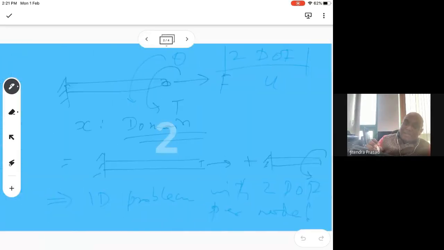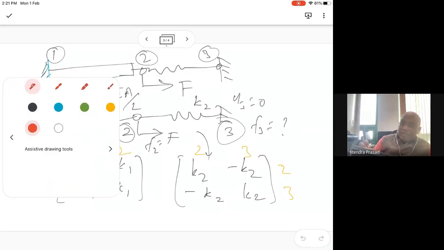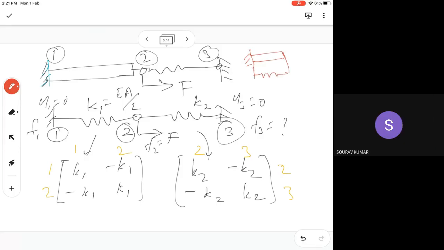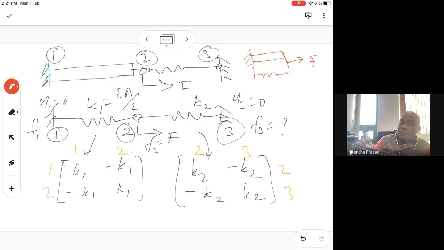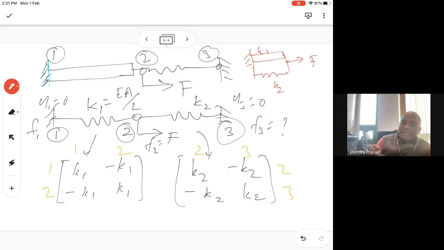It makes sense because now that really means whatever your problem is, basically you can also do it like this. You have a bar here, and then a spring here, and then a force here, as if both of them are in parallel. So you have K1 here, K2 here. It looks like a series, but since both the ends are fixed, it is actually a parallel configuration. Hence you will have K1 plus K2 divided by F equal to U2. This is what it tells you.